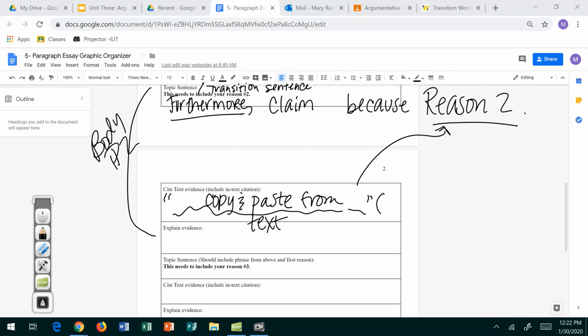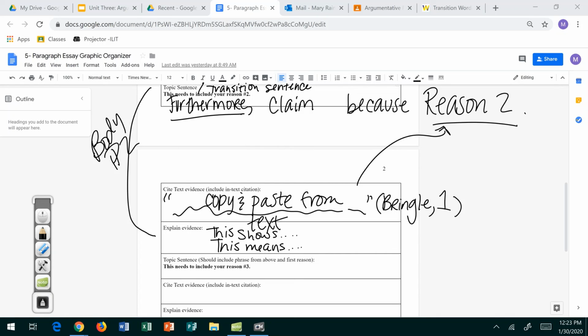And then you put, again, in parentheses, the last name, whoever that might be, so maybe it's Bringle, and then the page number that you got it from. So that the reader knows you're being really nice to them and you're saying, hey, if you wanted to go look into this further, you could go to this source and you will find this piece of information. And then for explain evidence, you're going to explain. So you're going to say this shows, or this means,